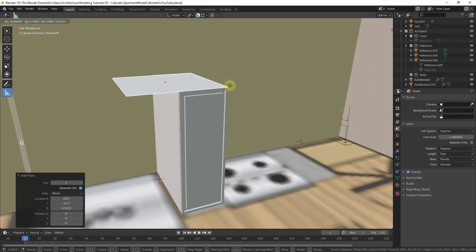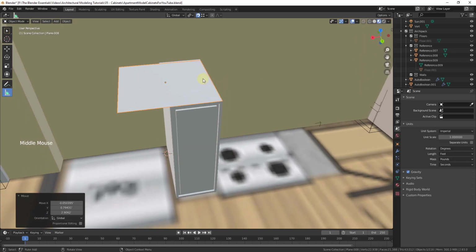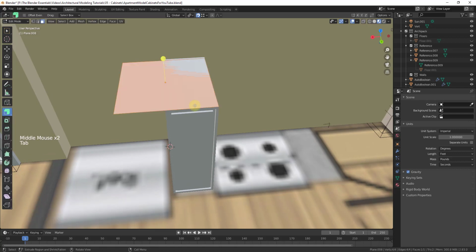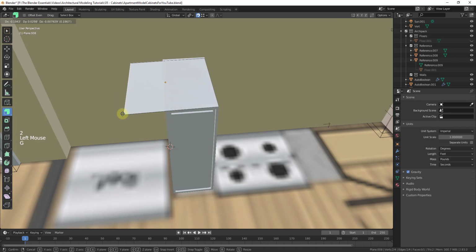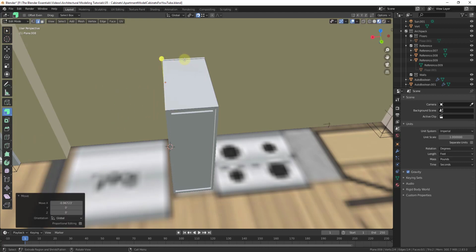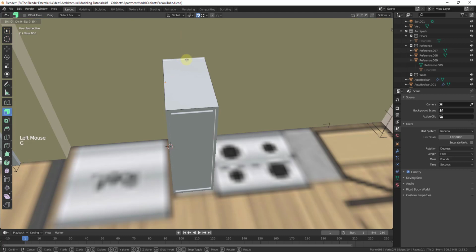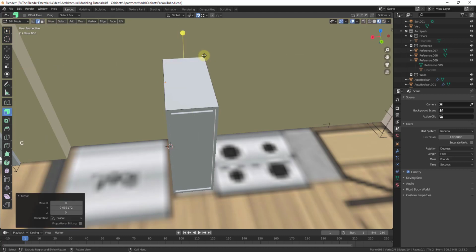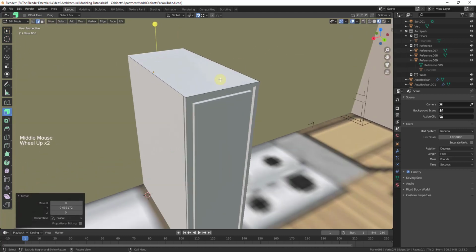And you can do this with a cube as well, but I'm going to go ahead and add a plane. So I'm going to move this right here. I'm going to tab into edit mode, select this edge, move it over so that it aligns with this corner. And I'm going to select this edge, move it back so that it aligns with this corner. And then